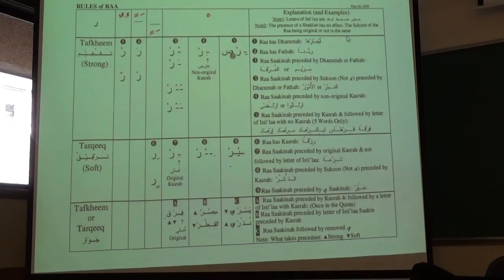Because if it had a kasra, then it will not have that strong effect that will affect the ra and making it strong. This is the reason why it shouldn't be a kasra. And of course we will compare it later on with what is coming below it here, the examples, the exceptions below it. So the 5 words found in the Quran is